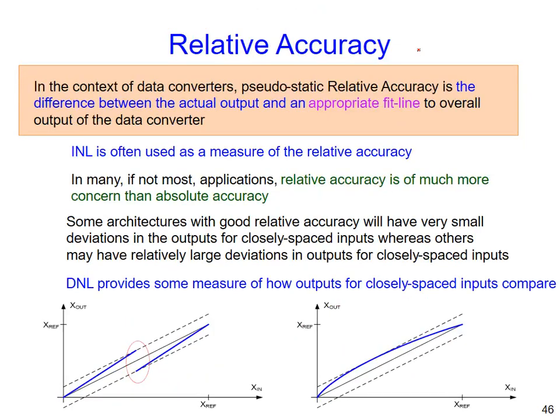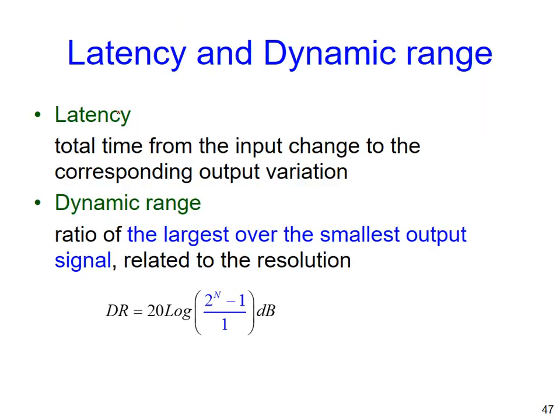So humankind only focuses on relative accuracy. And how to measure your relative accuracy? INL. That's it. That is the most important parameter for your data converters. So we have DNL, we have INL later, two weeks later. I will explain in more detail.